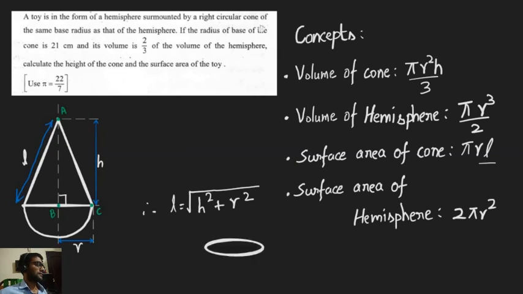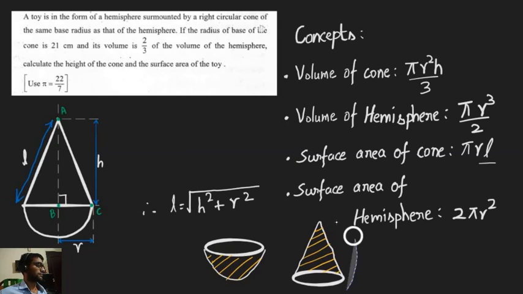Now let's understand how we calculate surface area of cone and the hemisphere. Considering the hemisphere, in this problem we only consider the surface area which is shaded here, excluding the circular surface area. And for the cone we only consider the slant surface area, excluding the circular surface area. In both the shapes, the area considered are shaded in the orange color. With these concepts, let's move on to the solution.